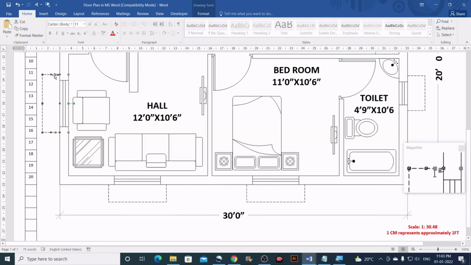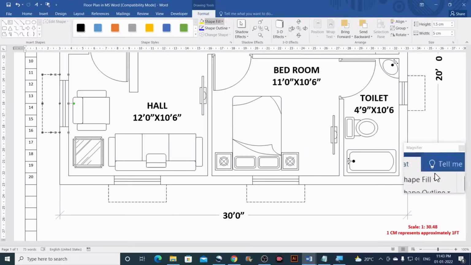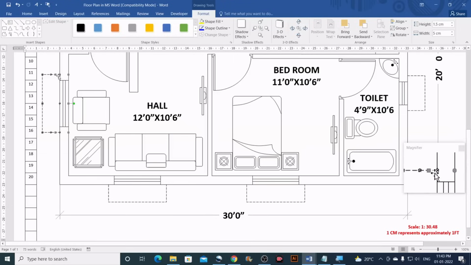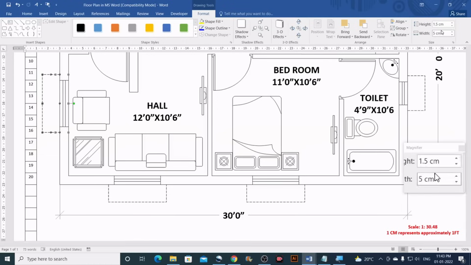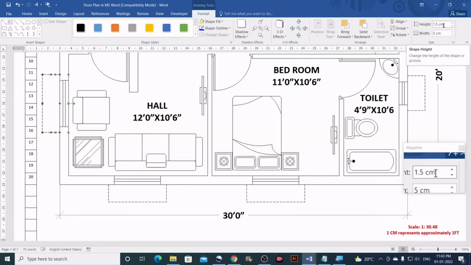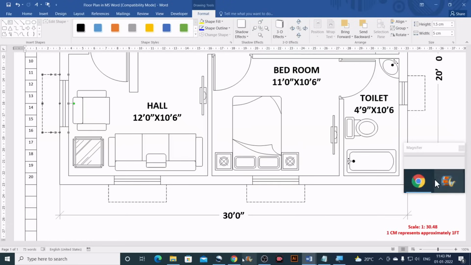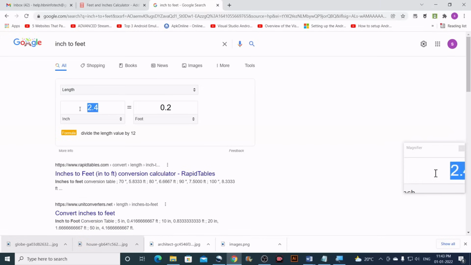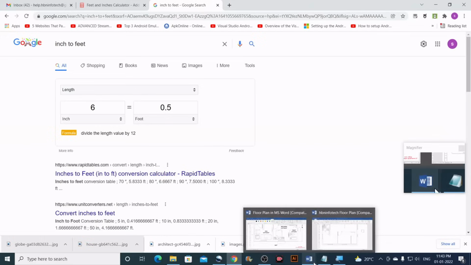So now the height. The height would be 1 feet more than the window size. So if the window is 4 feet, then this would be 5 feet. So that's simple as that. So it is 5 feet, and let us calculate this projection. So 1 feet, we already know it's very simple. 1 centimeter would represent 1 foot. Now how much is 6 inches in feet? So 6 inches would be 0.5 in foot. Okay,